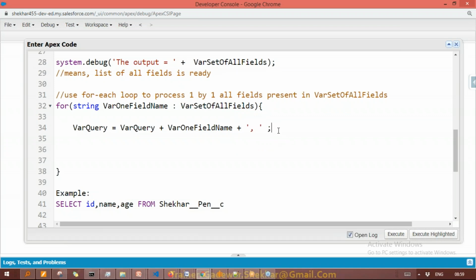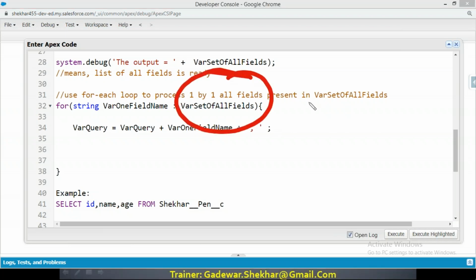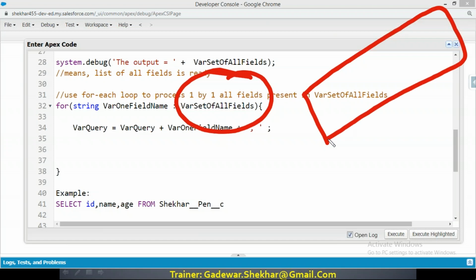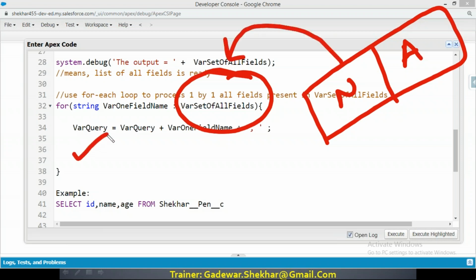Now what will happen, please pay attention. Right now assume that in this output we have only two fields. Assume that in that object there are only two fields, one is name and one is age. So this loop will run two times because in the result we got only two fields. First of all name will come and the query will become select, then name, comma, next again concatenate, and at the end age will come.